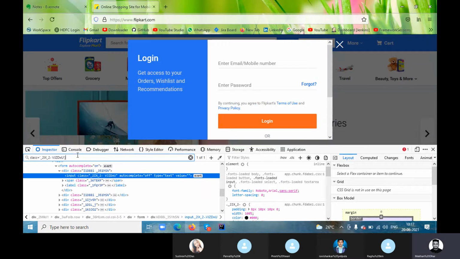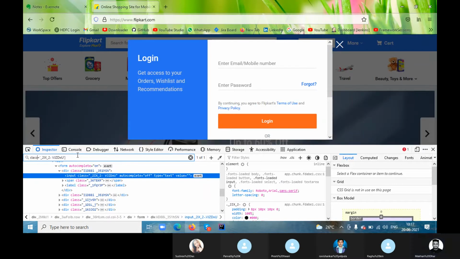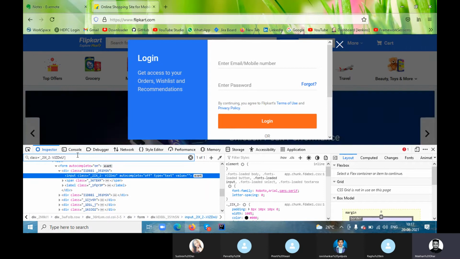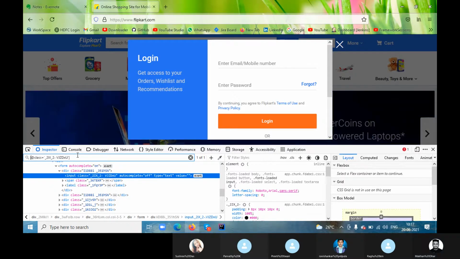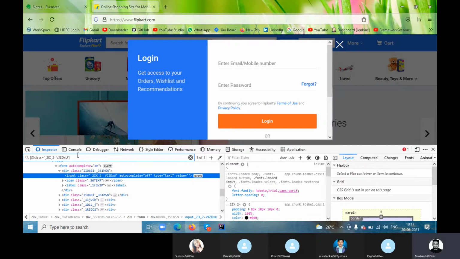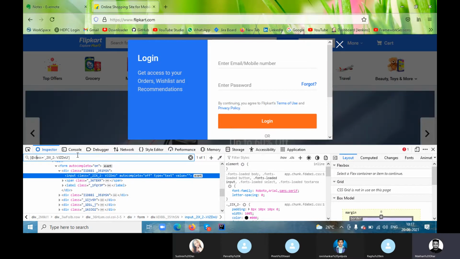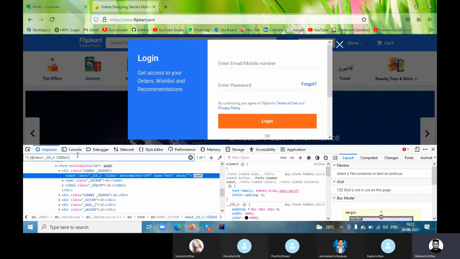Just close this bracket first and do it from left to right, so it would be easy for you. Now put the at symbol and start the bracket. Within the bracket, we have written the attribute name, which is class, and this is the value within single quote.